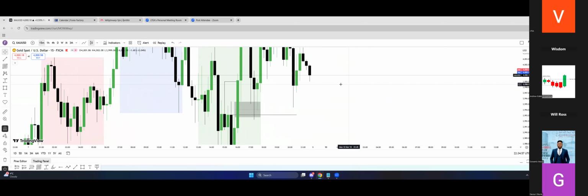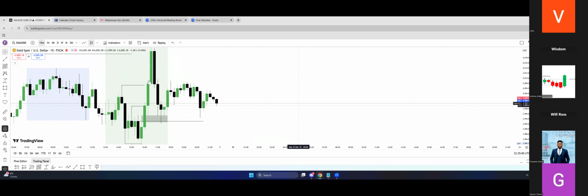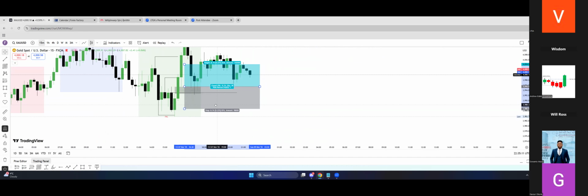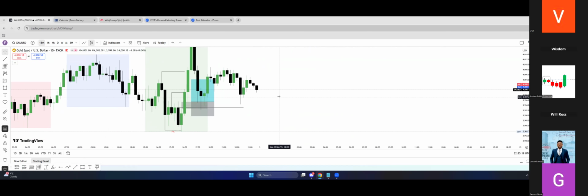Now, what do you want? You want me to show you something? You can see inside that New York session, price came back to tap you in, and there is your entry. But let me confirm something. This black candle before we have these two bullish candles, is it a change in state of delivery? Which one? This one? Yes.